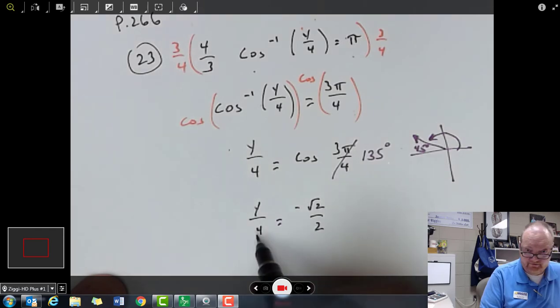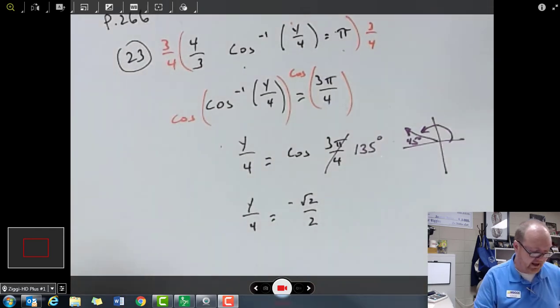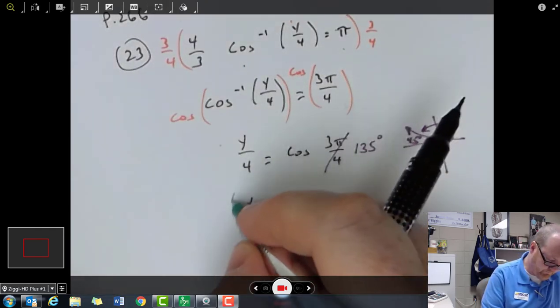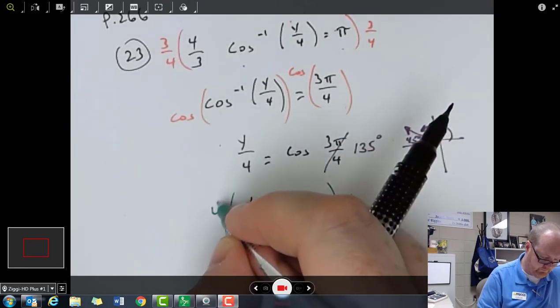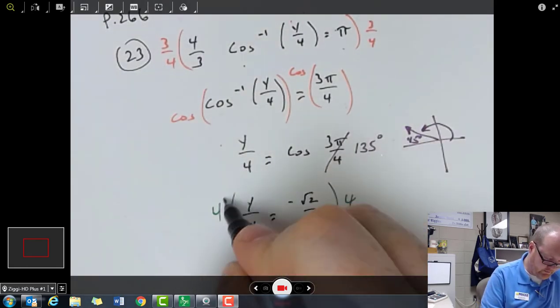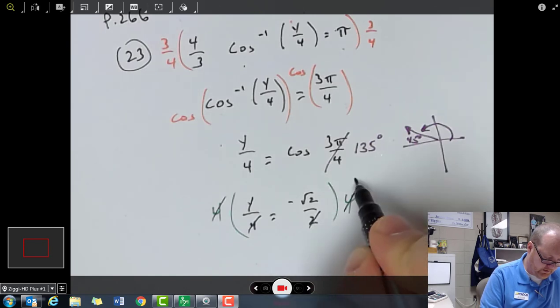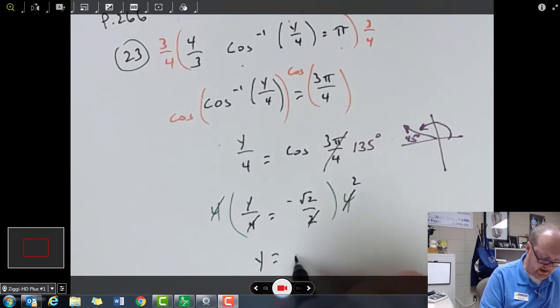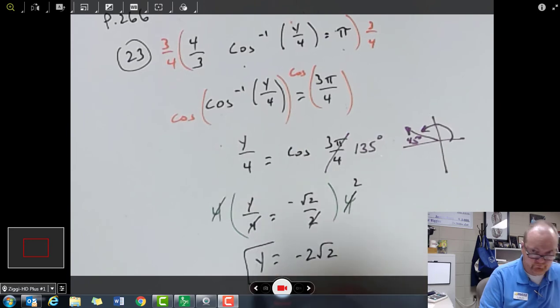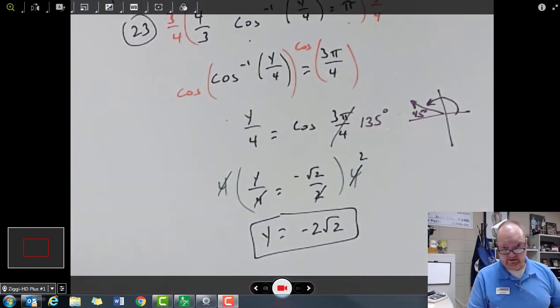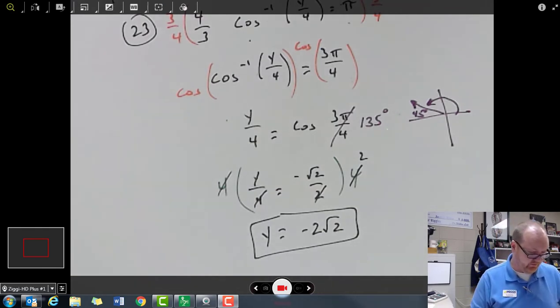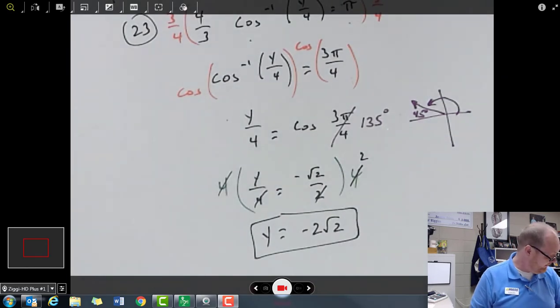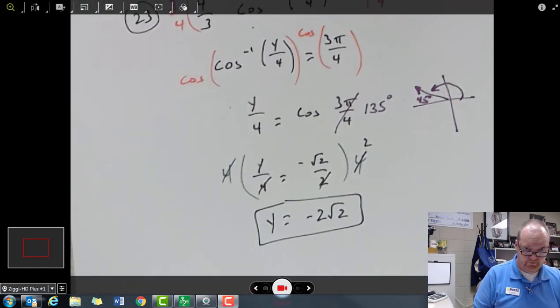And then finally, to solve for y, I want to multiply both sides by a 4. So finally, y here is negative 2 on the square root of 2. And again, we didn't really talk about applying a cosine. We usually applied an inverse cosine, but nonetheless, they are inverses one of another, so the mathematics works out regardless. And then number 27,